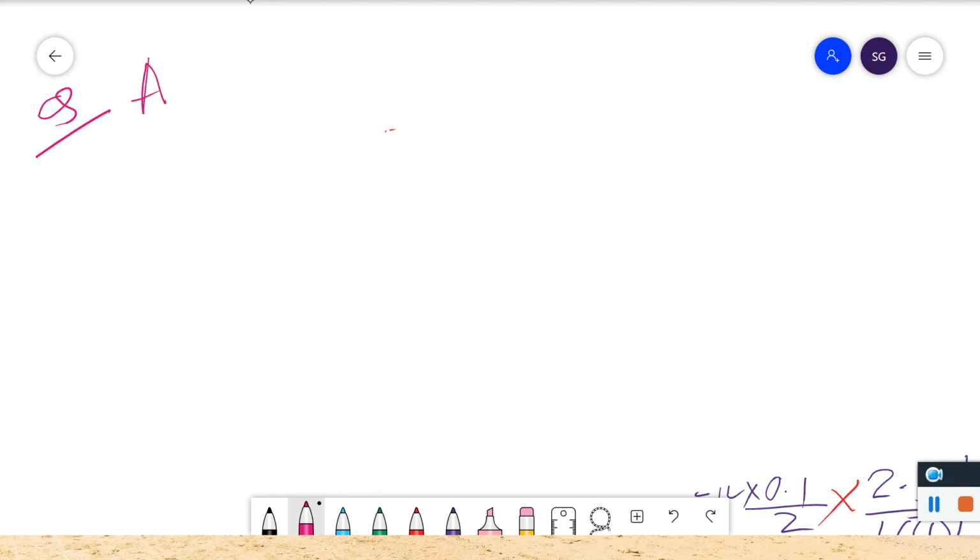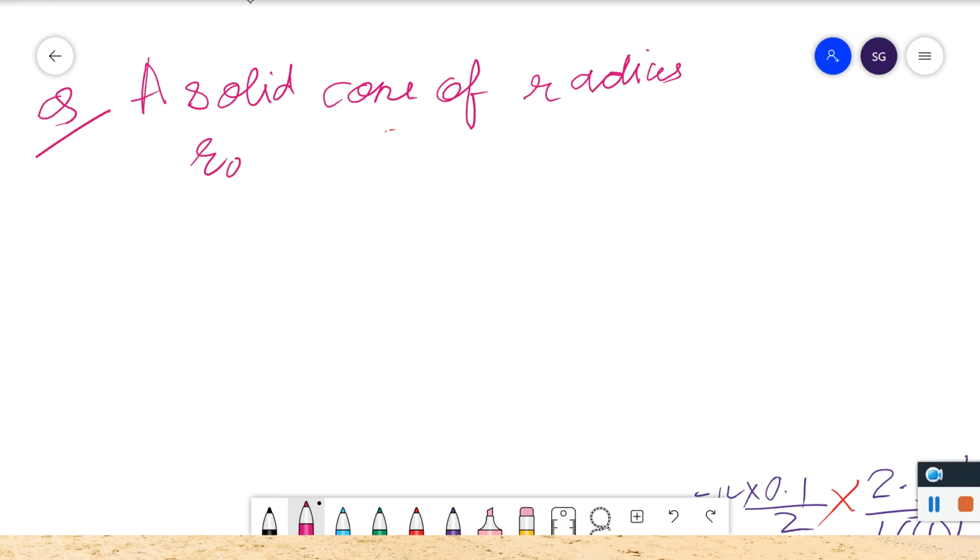A solid cone of radius r0 and vertical angle 2 theta